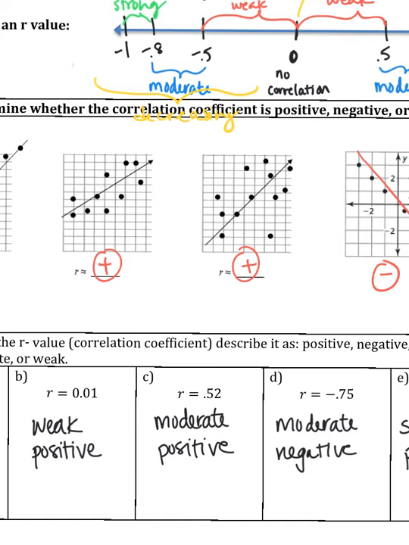For an R value of negative 0.75, we're somewhere over here between negative 0.5 and negative 0.8. We would have a moderate but negative relationship. And for an R value of 0.92, we would be located somewhere up here, which indicates a strong and positive relationship. So remember, the purpose of our R value is not only to tell us the direction of the correlation, positive or negative, but also to kind of give us an indicator of how well the data fits around the